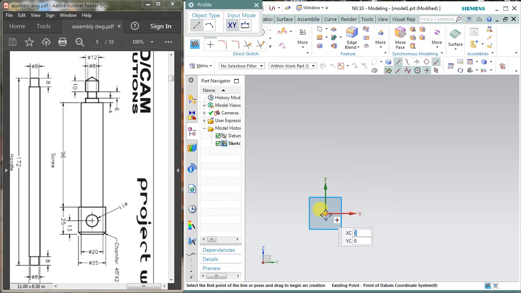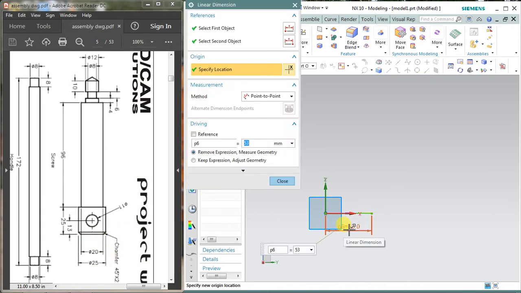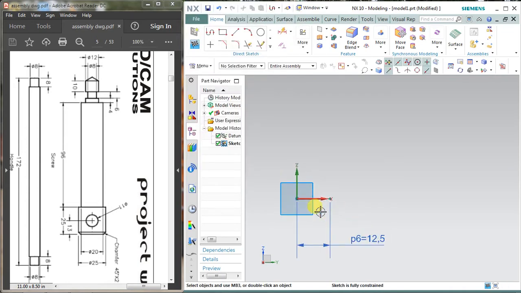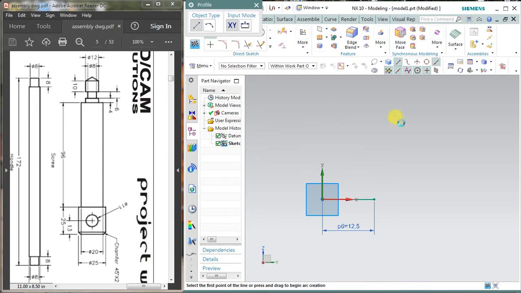So let's select a line, draw a horizontal line, and give it some dimension. It is 25 mm diameter, so I am assigning the dimension 25 divided by 2, just half of the 25. As I told you before, always give some dimension at the start of the sketch, so that you will not face difficulty assigning the dimensions, because sometimes your drawing will get disturbed as you start assigning the dimensions. So let's select the sketch and draw another vertical line,